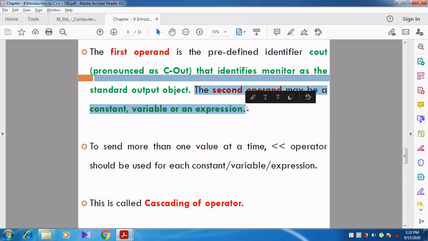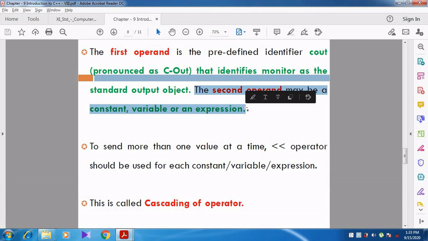Sometimes, instead of printing A and B separately, or instead of printing A alone or B alone, we can combine them together. We can directly print Cout A plus B. Then what will happen? A and B are added together and the result will be shown on the screen. That is what we call an expression.